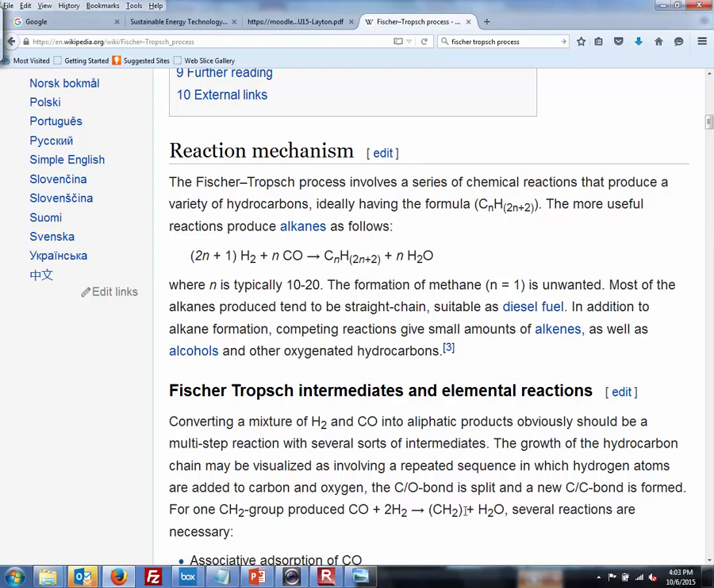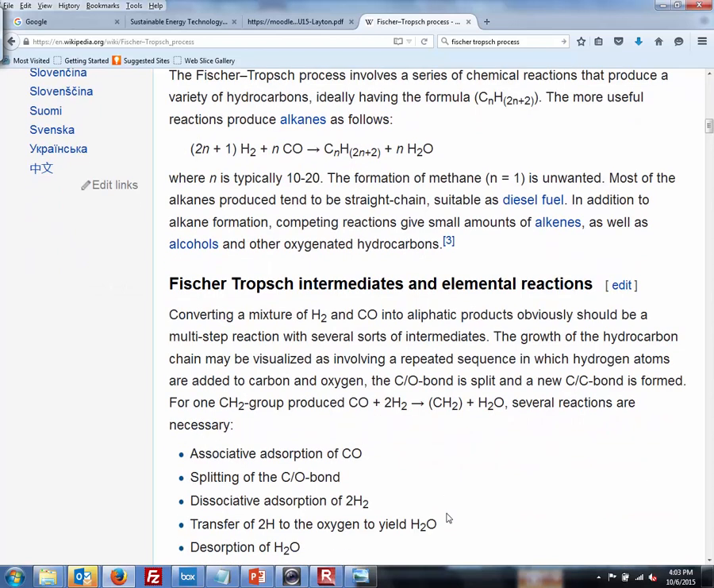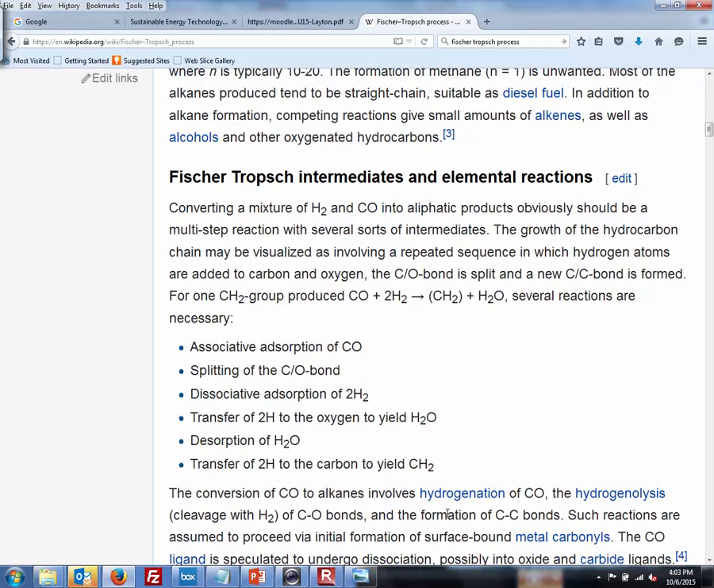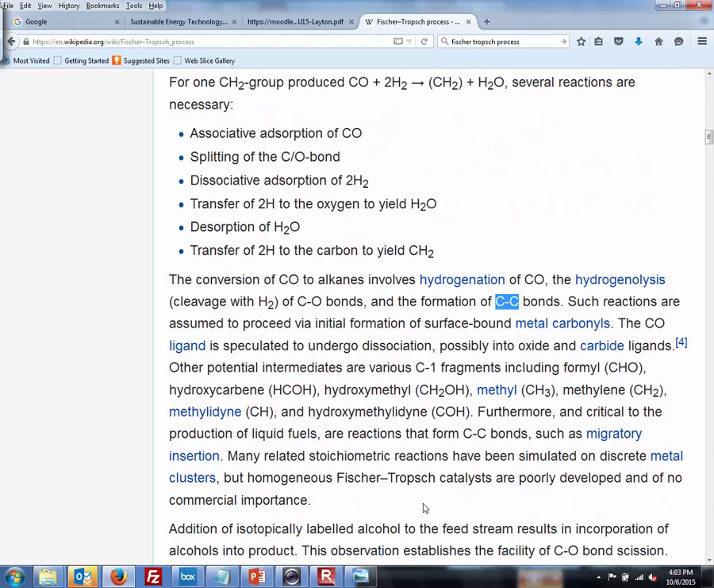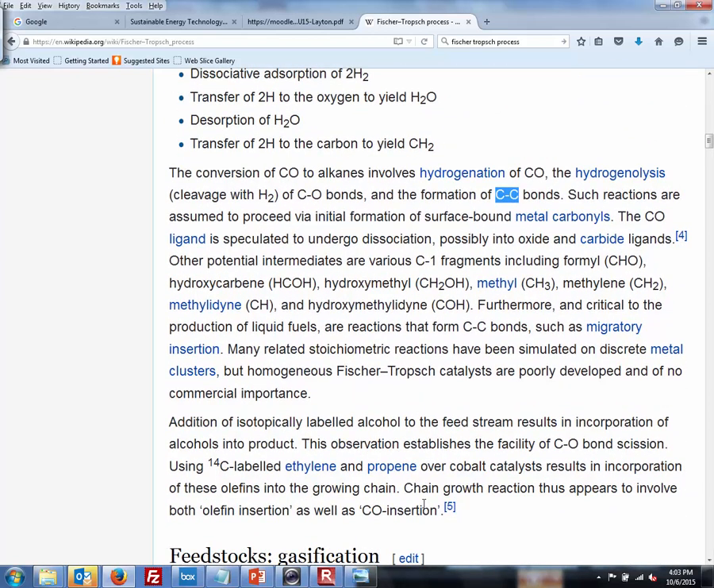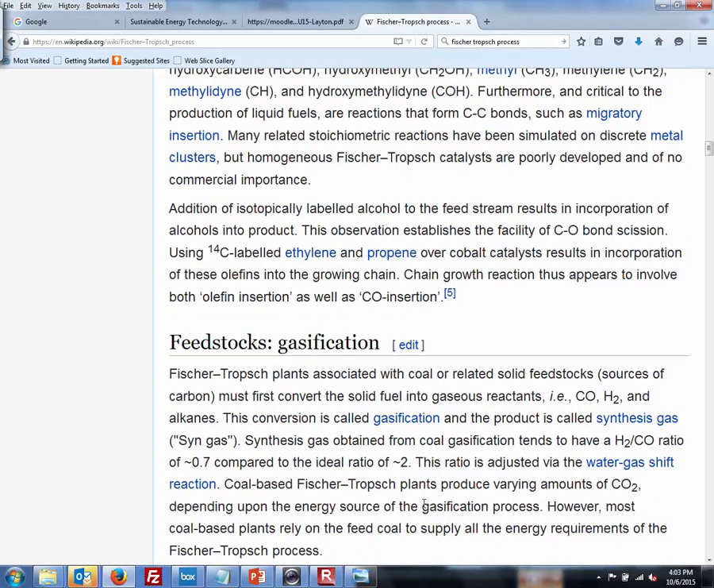And sort of building that up into a longer hydrocarbon. So there's your carbon-carbon bonds. And I've always been under the impression that some of this then goes into agricultural products, so like ammonia, but I'm not seeing